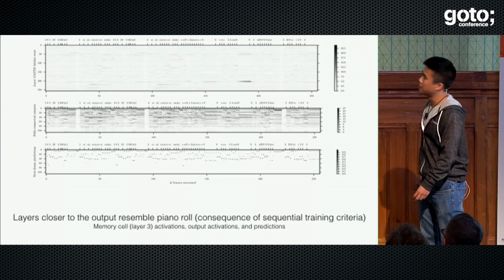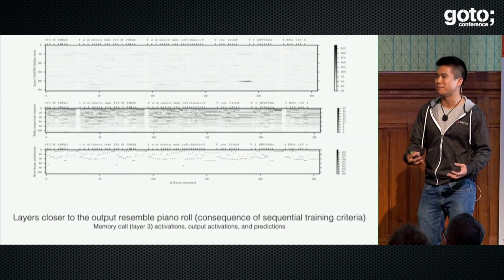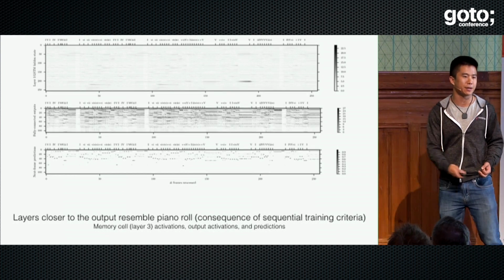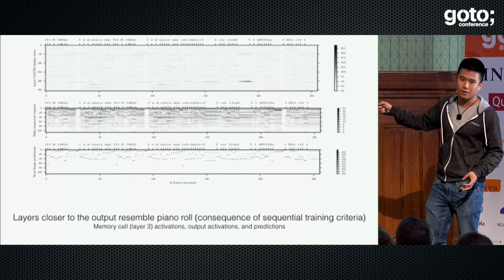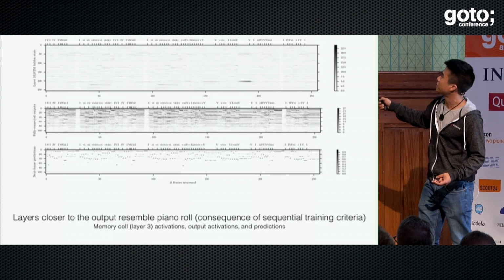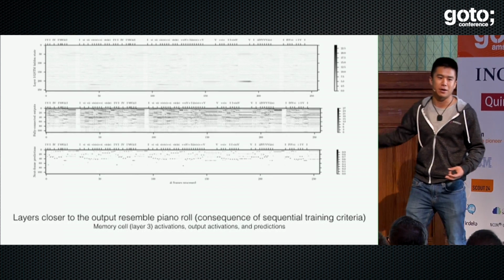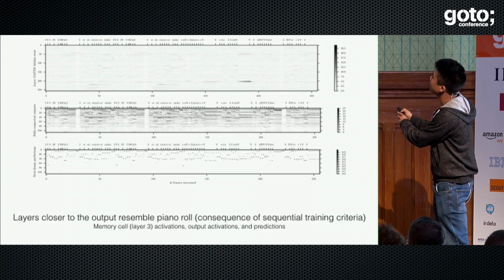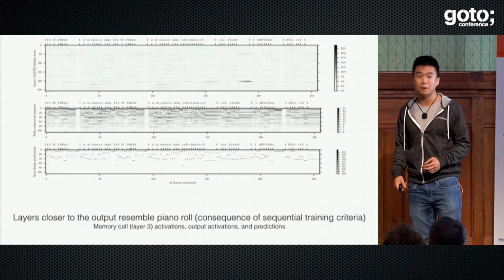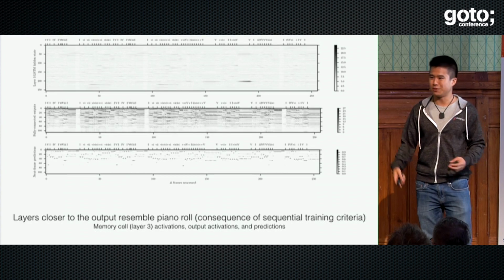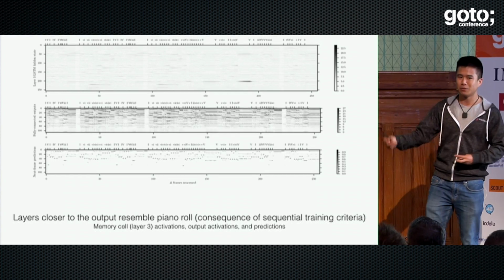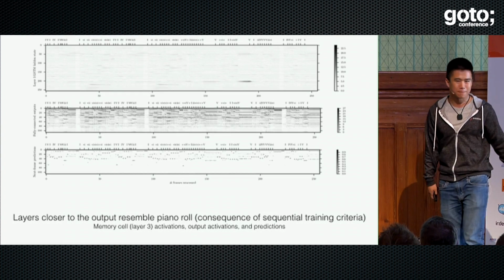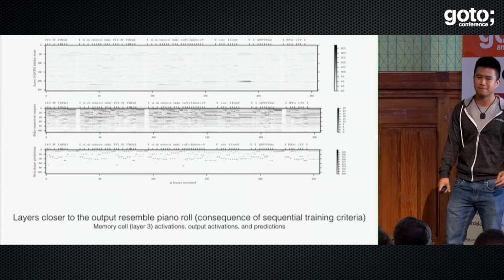As we get closer to the output, things start to make a little bit more sense. So I previously was showing the hidden units of the first and second layer. Now I'm showing the third layer, as well as a linear combination of the third layer, and finally the outputs of the model. And as you get towards the end, you start seeing, oh, there's this little dotty pattern. This almost looks like a piano roll. If you remember the representation of music I showed earlier, where we had time on the x-axis and pitch on the y-axis, this looks awfully similar to that.